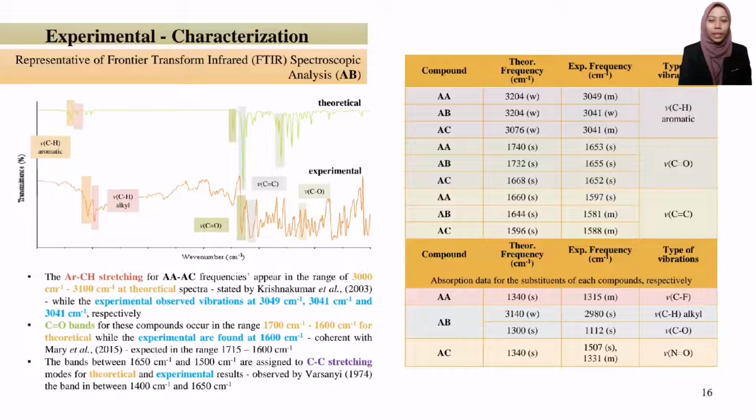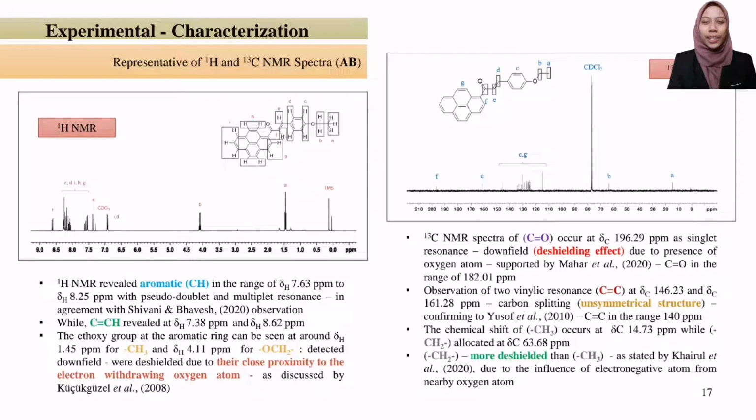The bands between 1500 cm⁻¹ and 1650 cm⁻¹ in chalcone derivatives are usually assigned to C=C stretching modes for the theoretical and experimental results, as it is conjugated with C=O. ¹H NMR revealed aromatic CH in the spectrum of AB as representative in that range due to resonance characteristics that are strongly influenced by the para-substituted position of the ethoxy group at the aromatic ring, while C=C